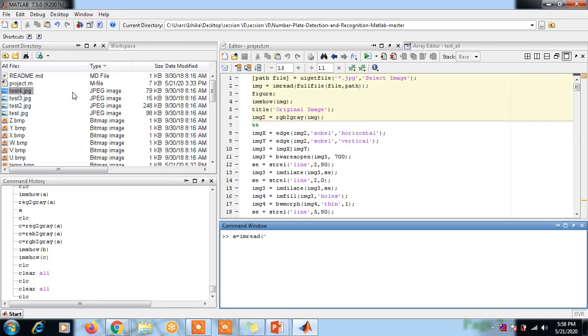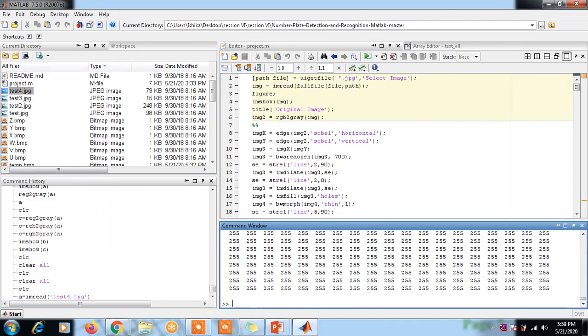Here there is a current directory, so we'll run the text4.jpg image, code complete, bracket complete, enter. It will convert that image into number format and store it in variable A. These are the numbers, the actual RGB values, that is, the red, green and blue color combination.